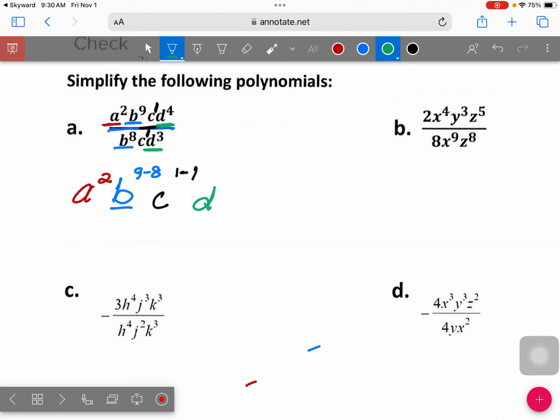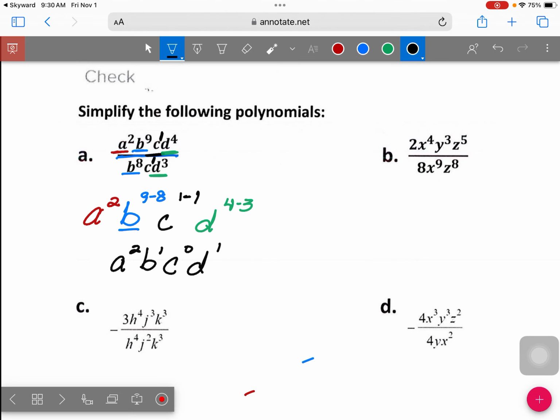Is D to the 4 minus 3. So putting this all together, it is A to the 2nd, B to the 9 minus 8 is B to the 1st, C to the 1 minus 1 is C to the 0, and D to the 4 minus 3 is D to the 1st. Now,